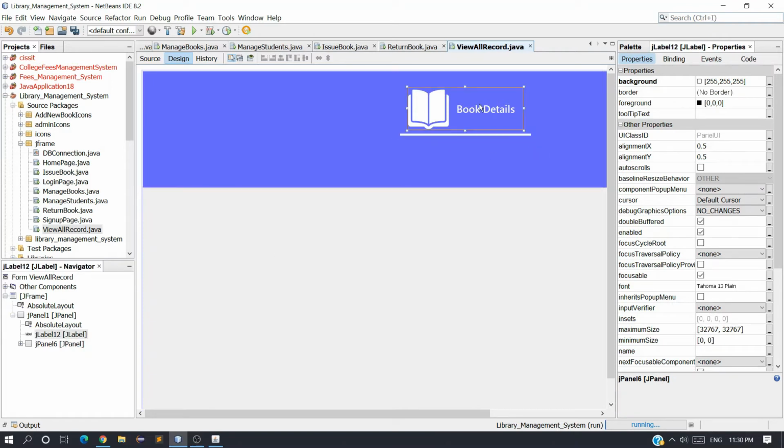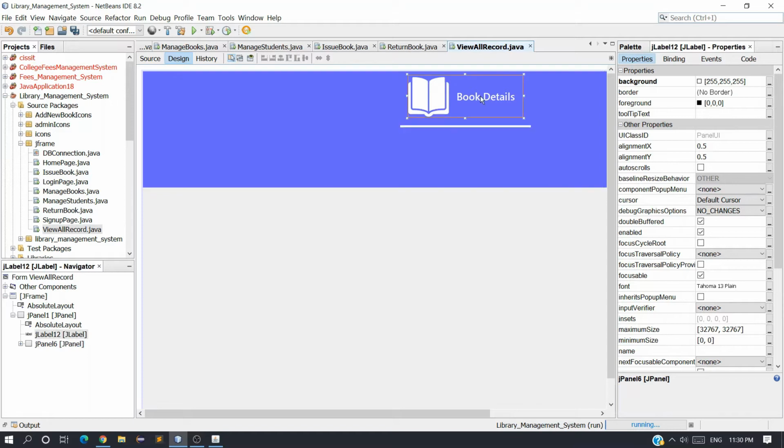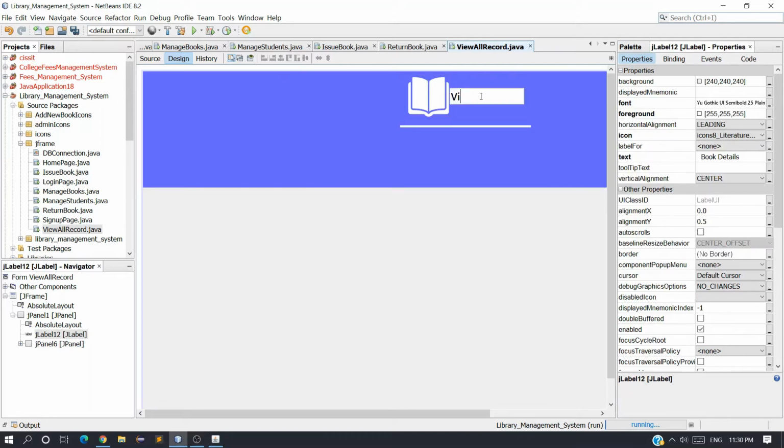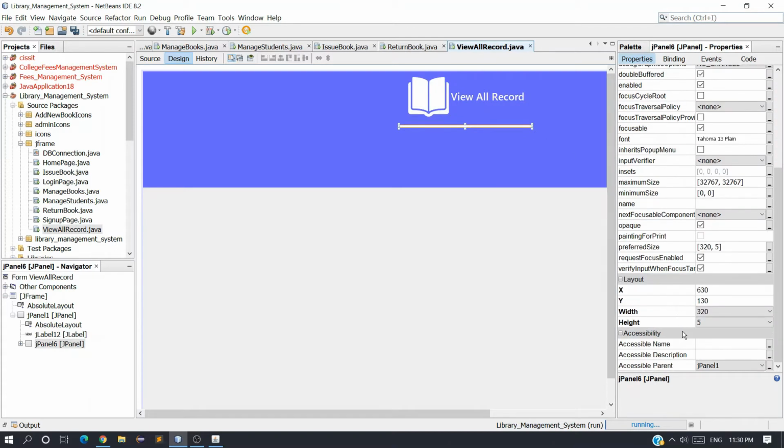Instead of book details, I want to say view all record, or you can say view all issue books. Let me just increase the width, 350.